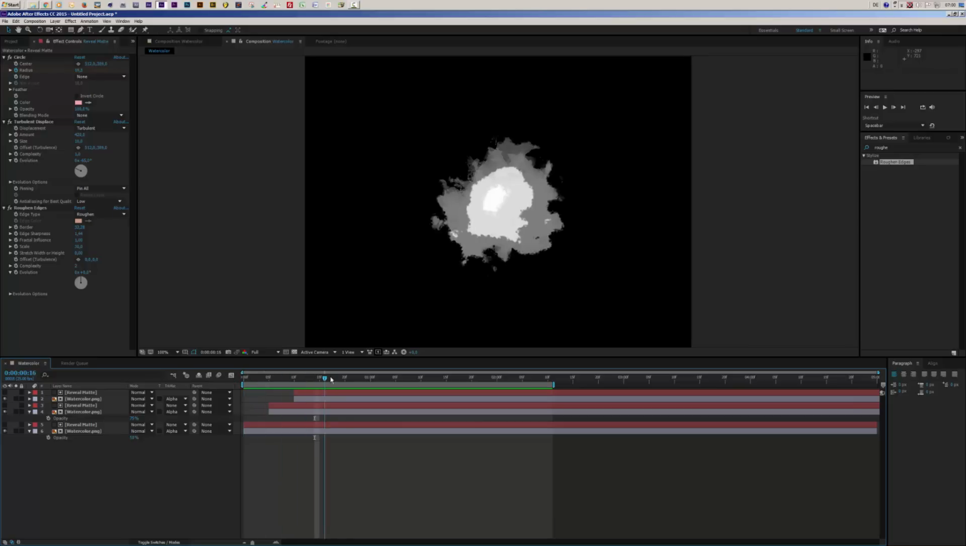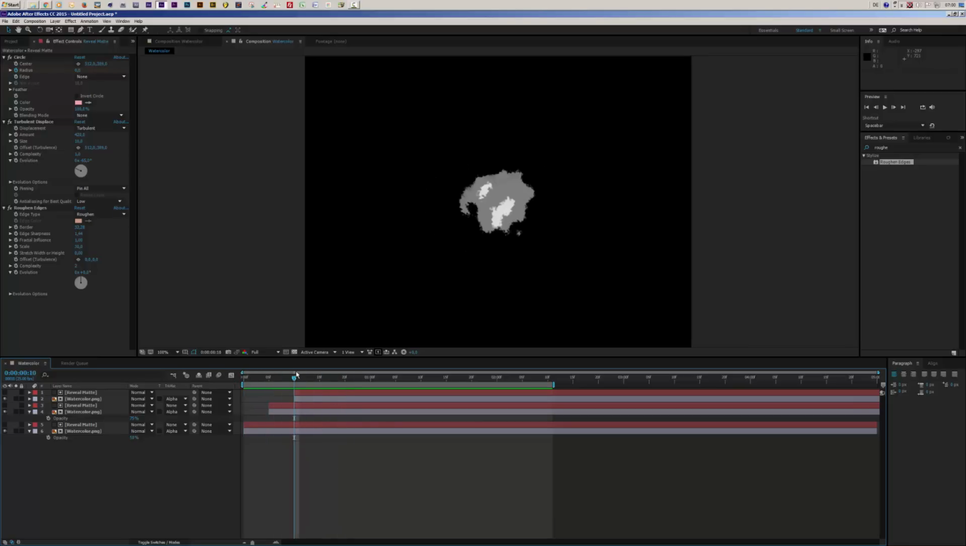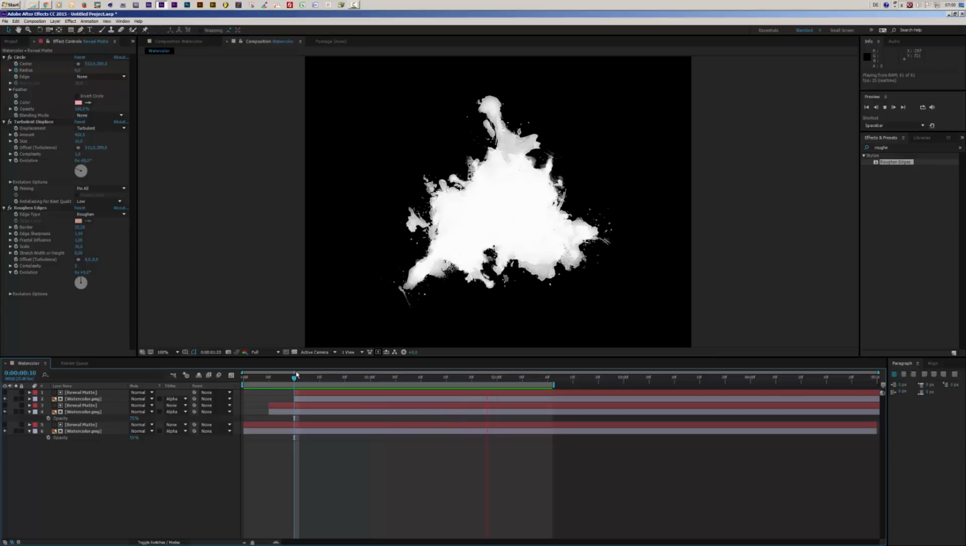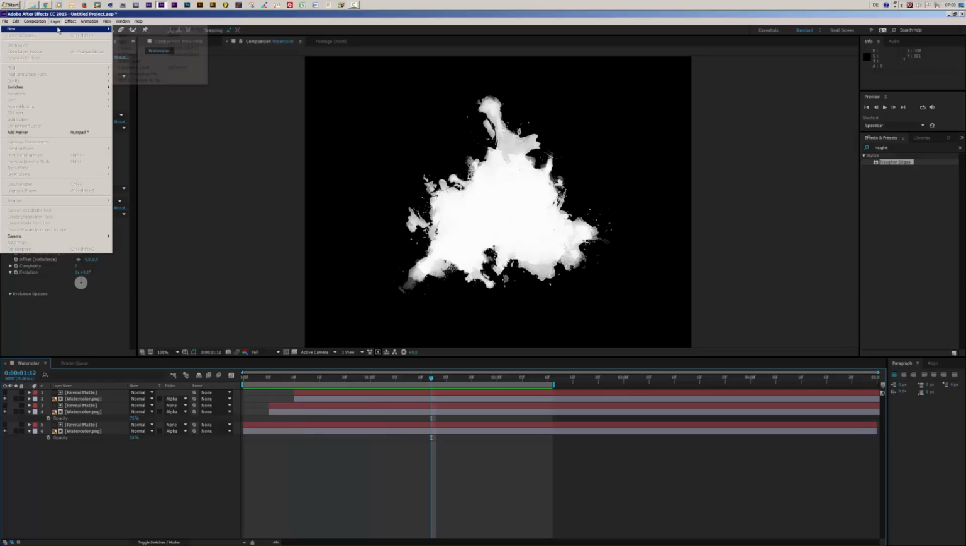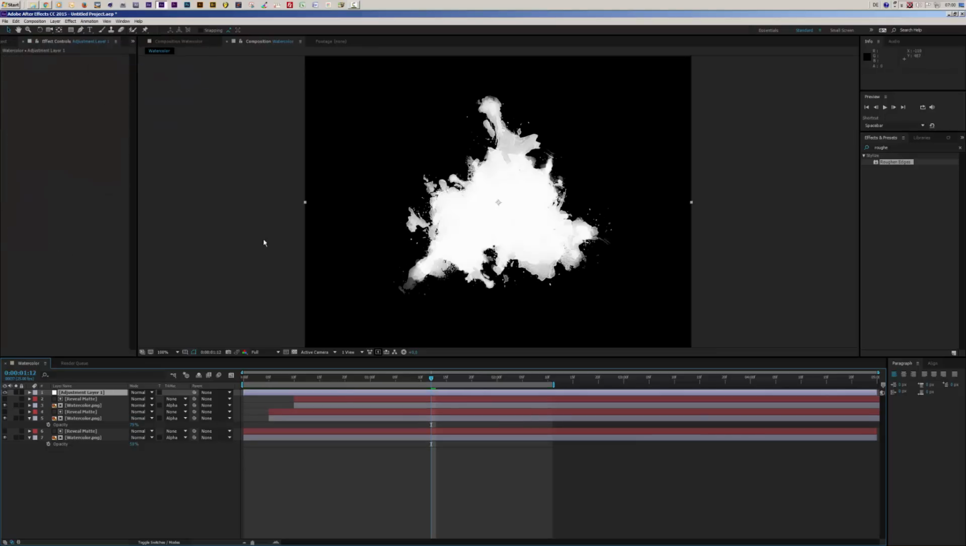Okay, so we are nearly done with our first element. Let's take a look what we have. It could need some more organic movement. And to add this, I will add an adjustment layer. So let's go to layer and select a new adjustment layer. And with this